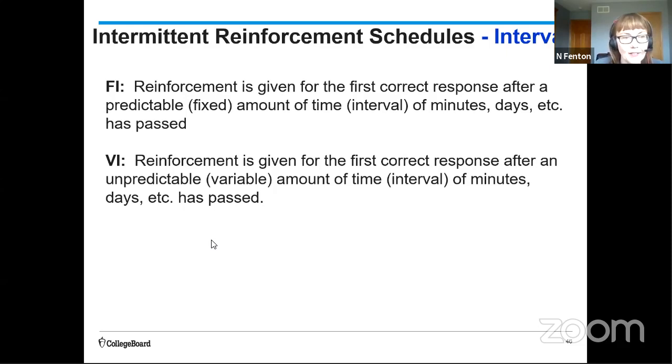Variable interval, your classic example is like fishing. But if you're looking at it in the case of a test, studying behavior as a reinforcement, the voluntary behavior is studying, and the reinforcement would be the good grade on the test. This would be like a surprise quiz, a pop quiz. Now if you want that good quiz grade, and you have no idea which day the teacher's going to present that quiz, you're probably more likely to have a steady studying pattern because you don't know when that interval is going to show up.